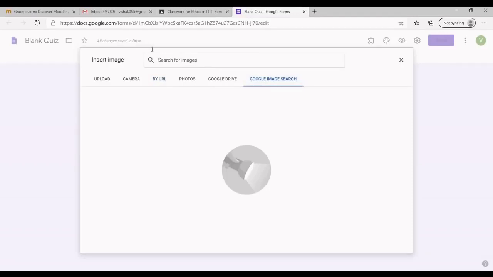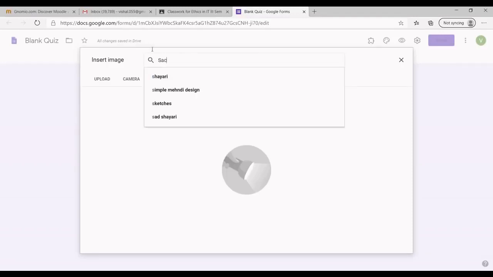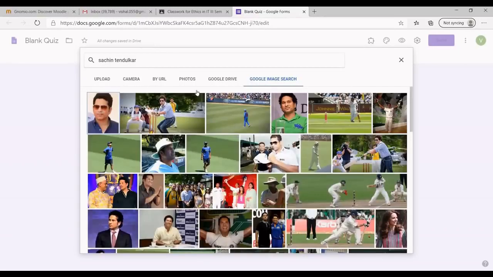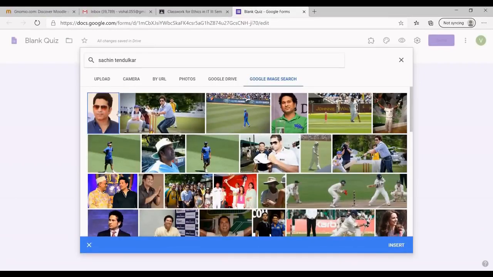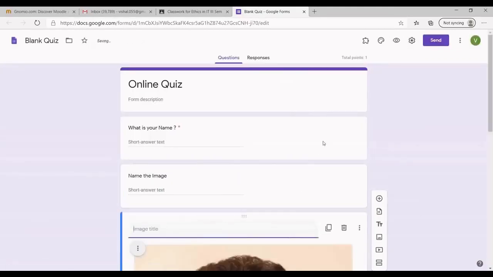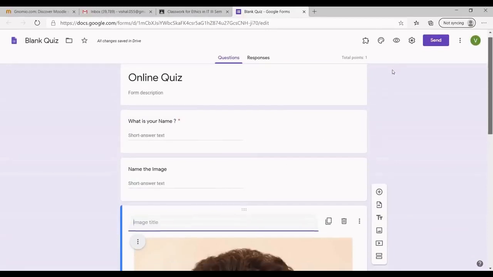So I will write, so I am adding this photo. I have selected it. I am typing insert. Once I am done with it, you can see that the image has been added.